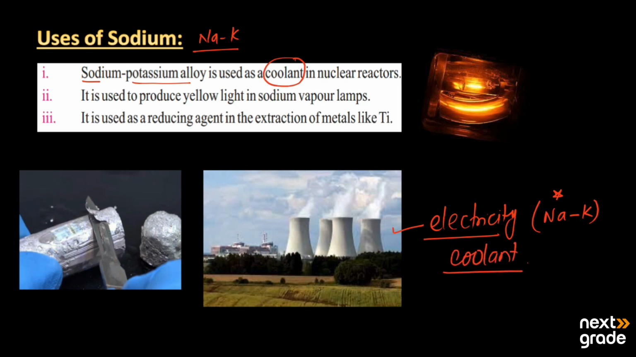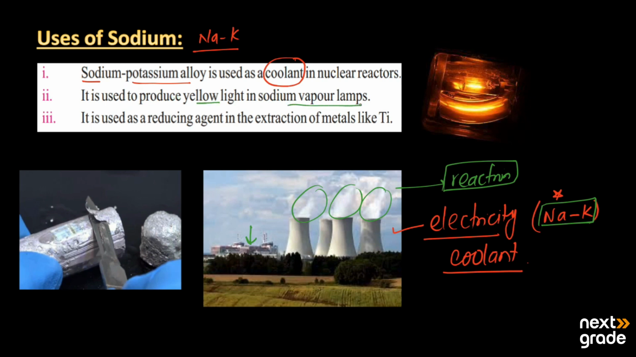So to decrease the temperature here, as you can already see, there is a lot of smoke, and a lot of reactions are taking place over there. So to reduce the heat in the nuclear reactors, we need the alloy of sodium and potassium. The second use of sodium is to produce the yellow light in